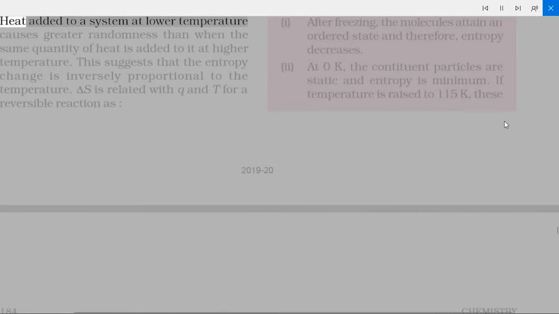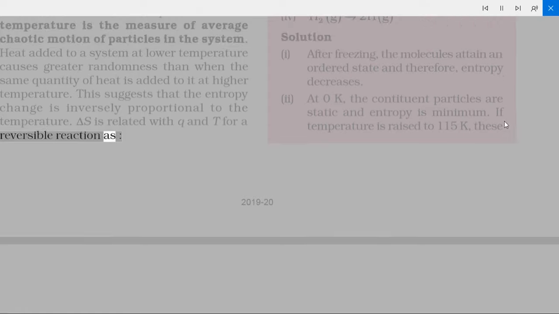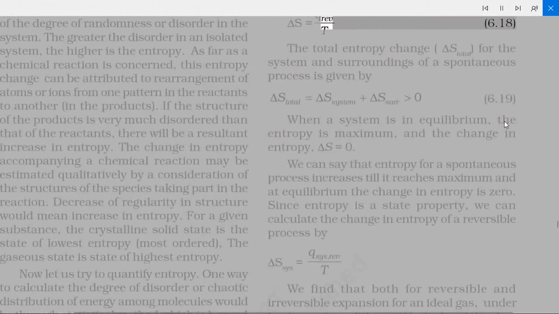Heat added to a system at lower temperature causes greater randomness than when the same quantity of heat is added to it at higher temperature. This suggests that the entropy change is inversely proportional to the temperature. ΔS is related to q and T for a reversible reaction as ΔS = q_rev/T. (6.18)